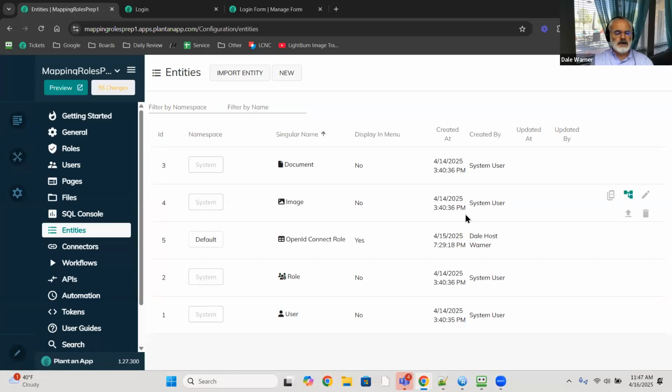I think it was because I did some practice runs earlier and didn't get everything deleted correctly, but that's on me. All right, if you were to import the entity, you're going to get this entity called OpenID Connect role,